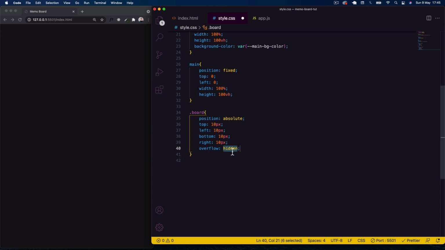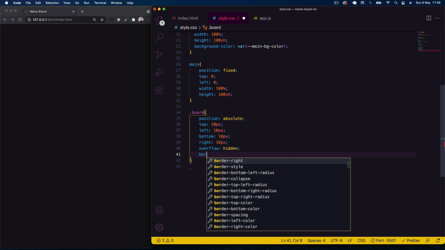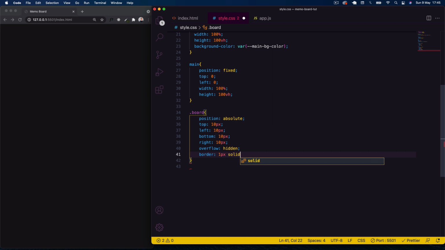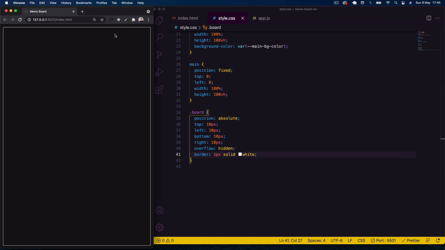Okay, and then what I'm going to do here as well, we'll just set a temporary border for now just so we can see the board. So let's just say 1 pixel solid, and I'll just say white. Okay, so you can see there's our borders there, and you can see they're just 10 pixels from each edge of the screen. Okay, so now